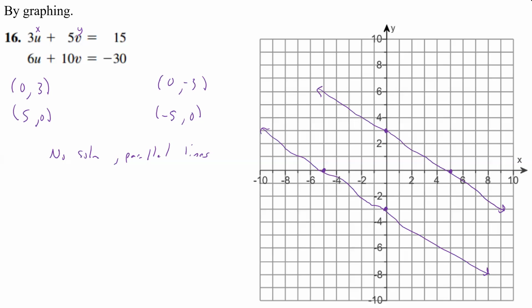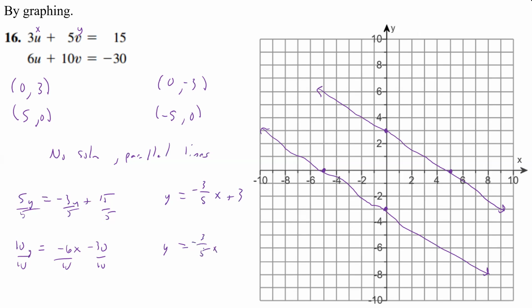Now we could see it more easily if we solve this for y. So that would be 5y equals minus 3u plus 15, divided by 5. So we get y equals negative 3/5 x, I guess we should put it as x now, plus 3. On the other one, if we solve this, we have 10y equals minus 6x minus 30, divided by the 10. And so we get y equals, reducing 6/10, negative 3/5 x, and